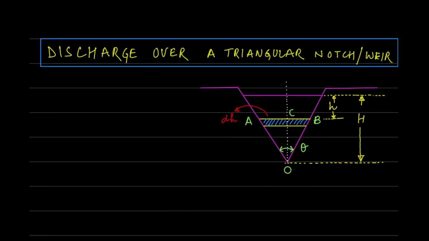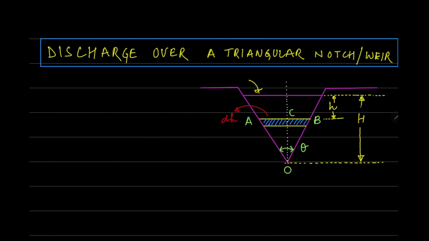Now we will go for the derivation of the discharge over a triangular notch. So in the figure which is shown over there, a triangular notch is shown where water is flowing, and this is the top surface of the water flow. And in order to derive this,